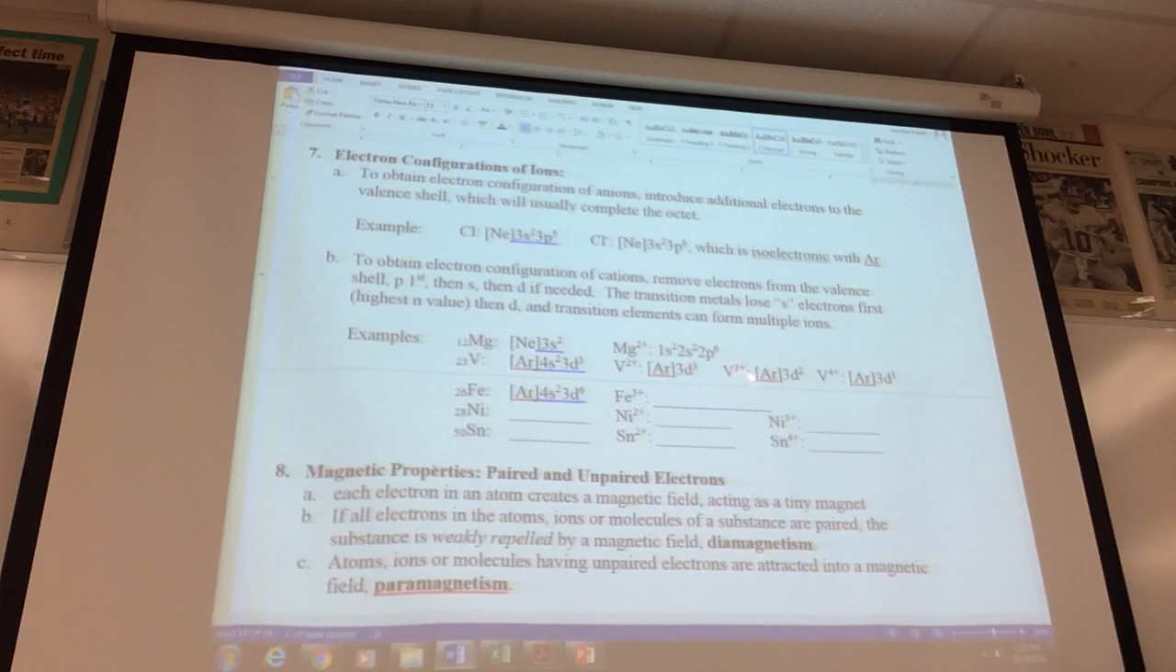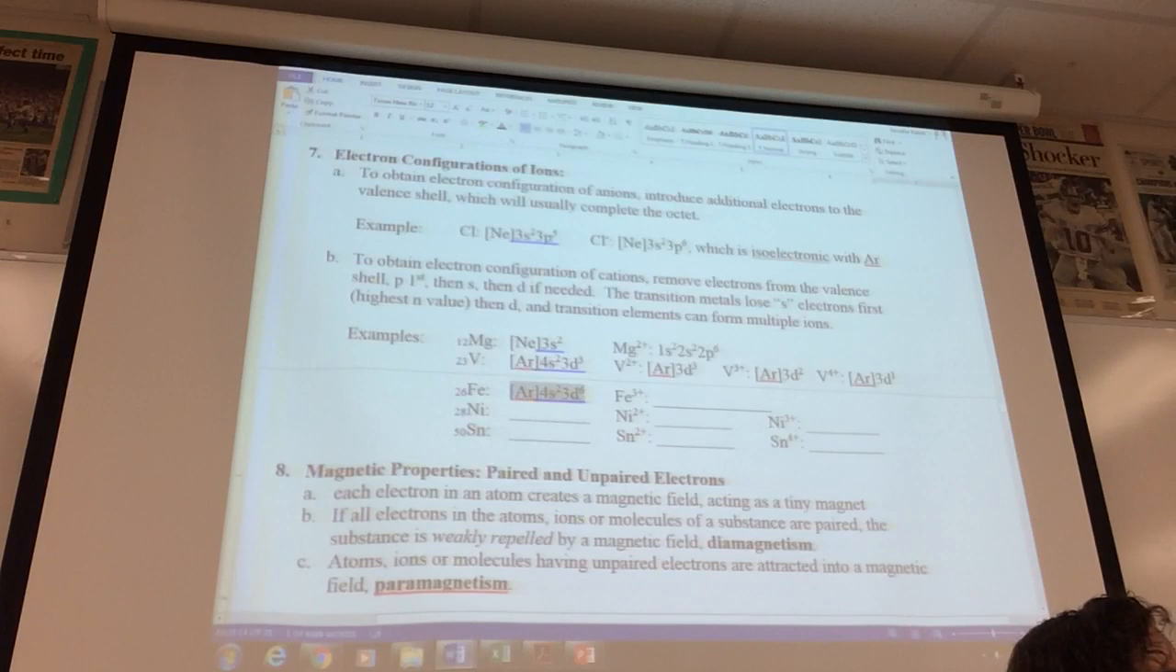So if you have a vanadium 3+ ion, you're going to lose one of the electrons from the 3d subshell as well as these two. And you have argon 3d2. And if you have vanadium 4+, you lose those two first and then two of these, and you get argon 3d1. So for example, if you have iron 3+,